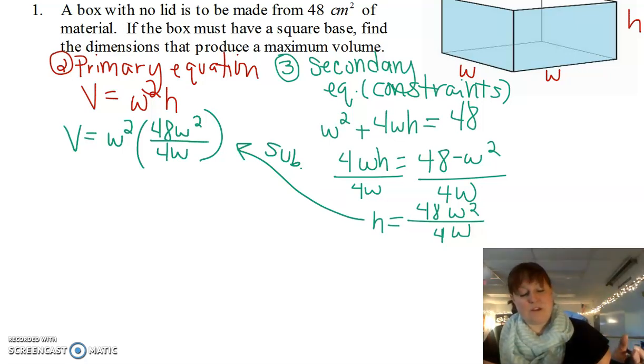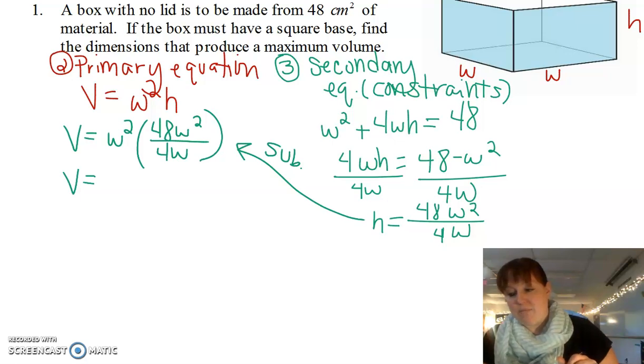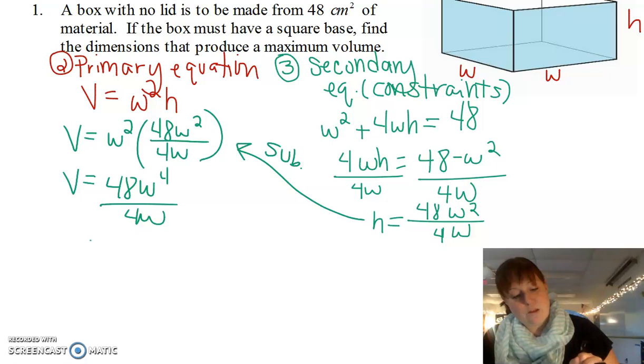Let's go ahead and simplify this a little bit because it's a little too complicated to derive right now. So we multiply this in and we get (48W squared minus W to the 4th) over 4W, and 48 divided by 4 gives us,